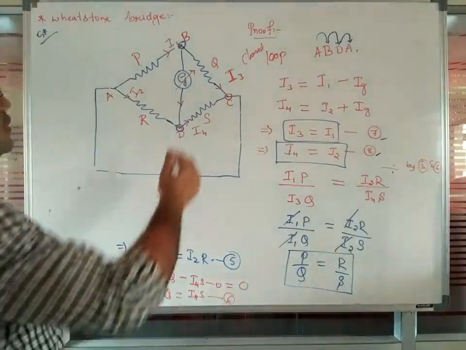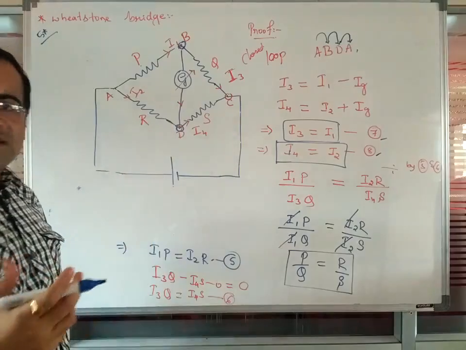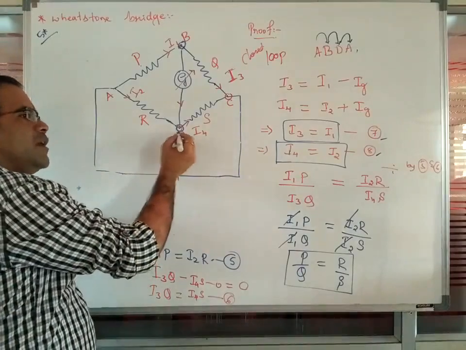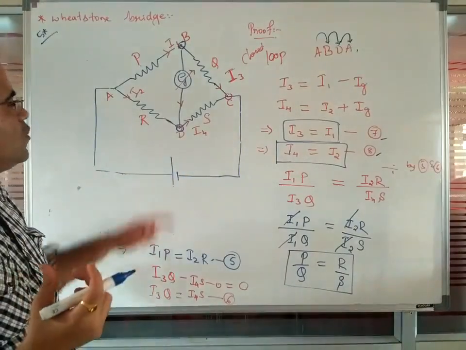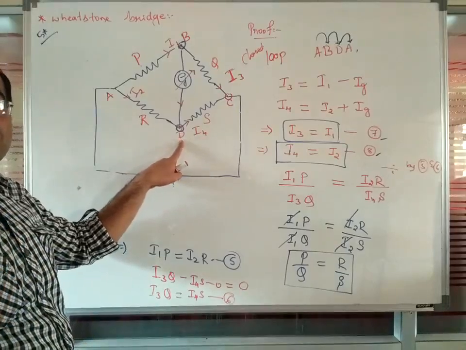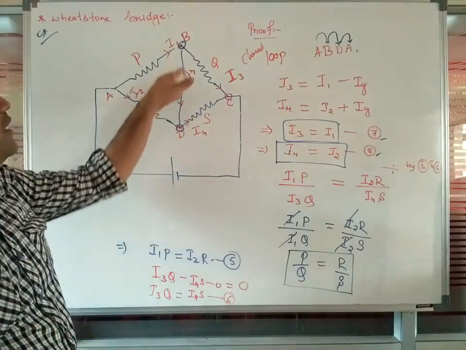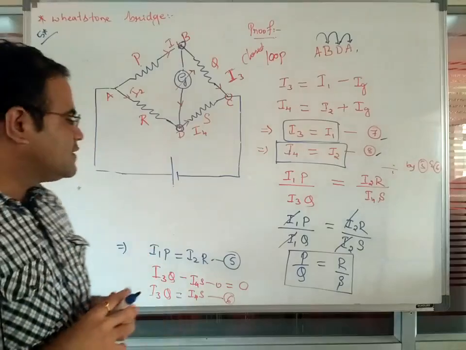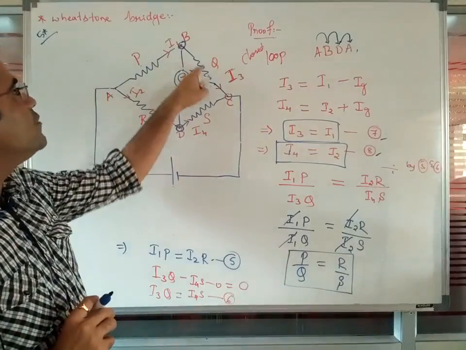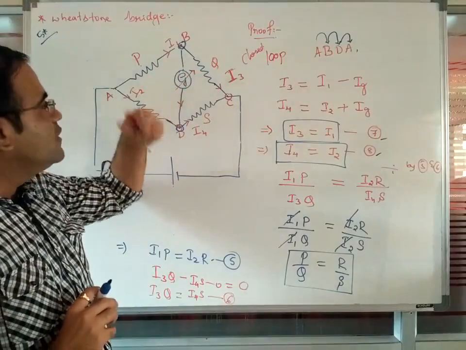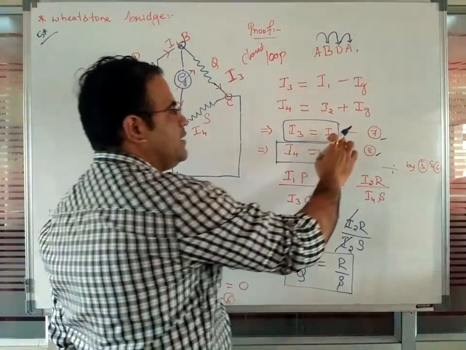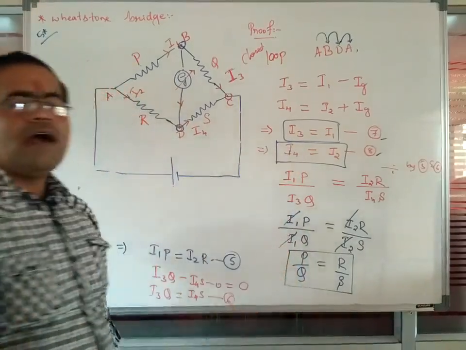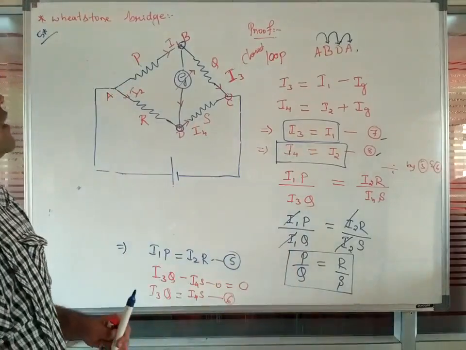Next, the third equation: at point B you are going to observe the amount of electric current at point B. Similarly, at point D you are going to observe a junction point, where you apply Kirchhoff's current law. So you are going to get the fourth equation. And the fifth and sixth equations come from the consideration of current through the galvanometer as 0. Thereafter, you are going to replace I3 and I4 values by I1 and I2. So this is about the derivation of this Wheatstone bridge.